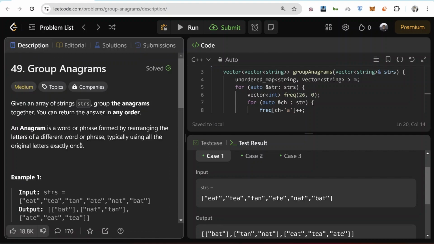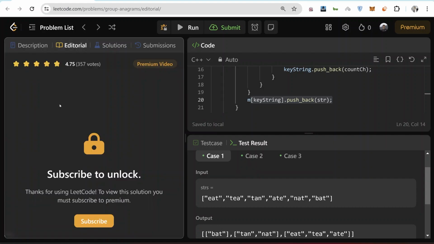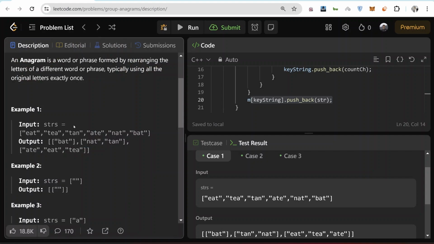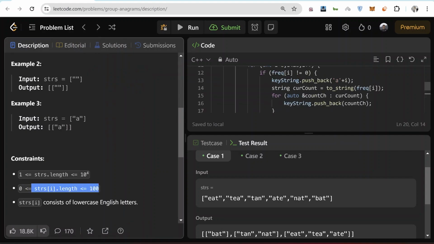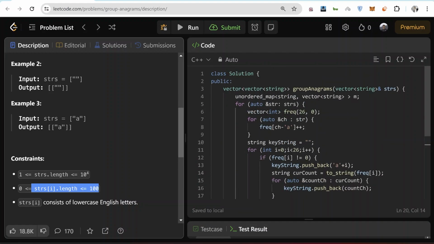So as we discussed earlier, O of nk and O of nk log k don't have much of a difference because the length is very small. Had this length been very high, the k would have been very high, so then we would have easily seen the difference. But as this is very comparable to 26, we don't see a lot of difference here. But just for the sake of it, we have discussed this solution.